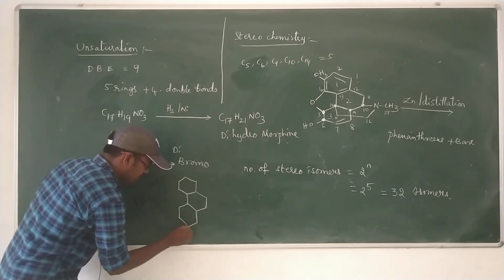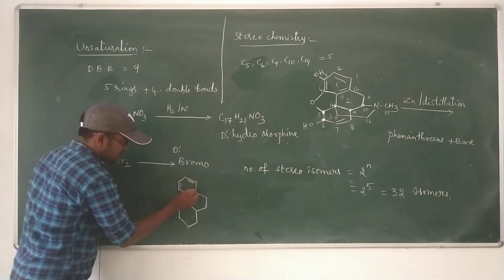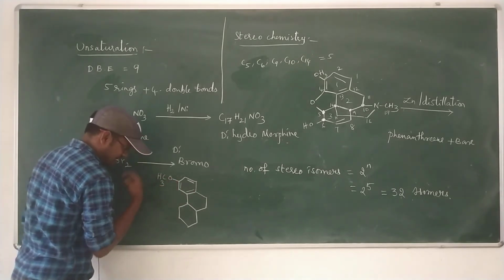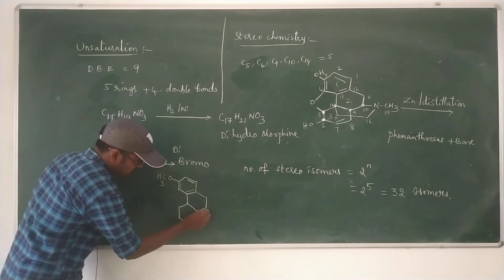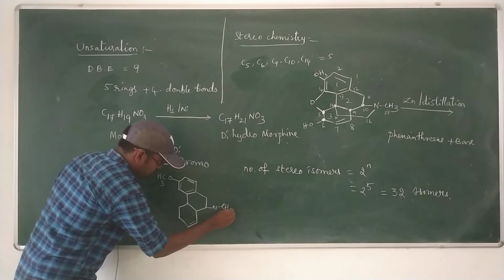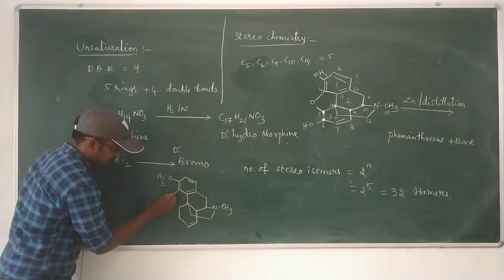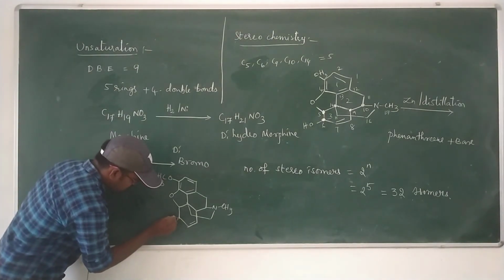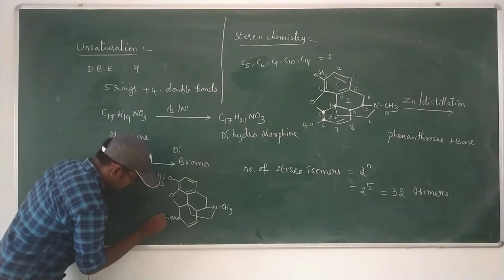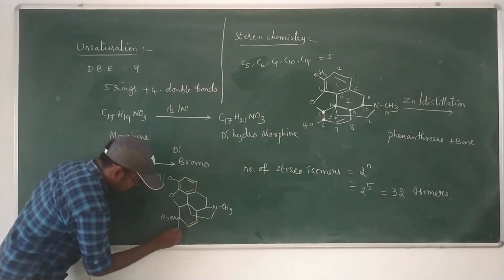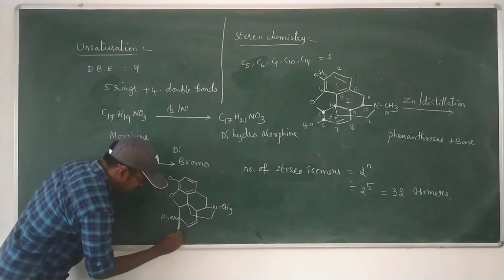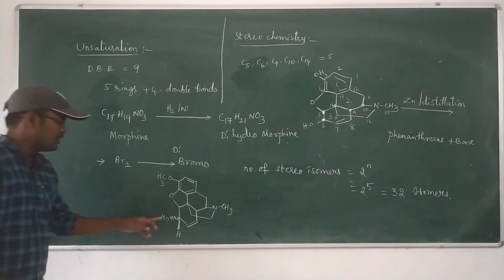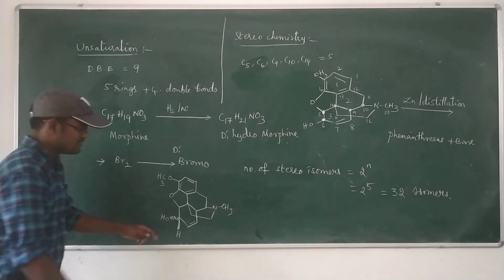We already know the morphine and codeine difference is simply that the phenolic OH group is converted into OCH3. The remaining structure is the same as morphine. This is a neutral oxygen. Next, the OH group is present at the dotted line and hydrogen is presented by the thick line. Thick line means nearer to the observer, dotted line indicates away from the observer. This is codeine.